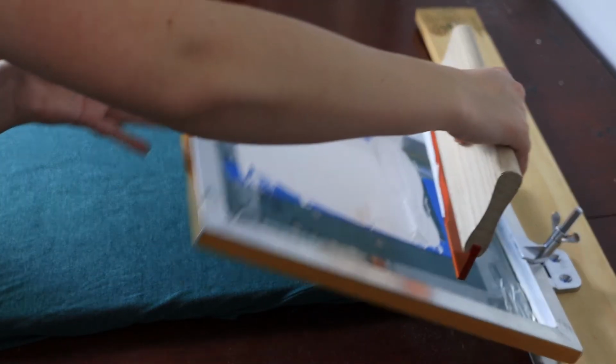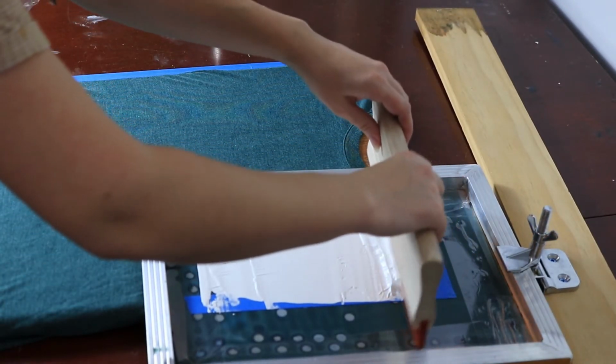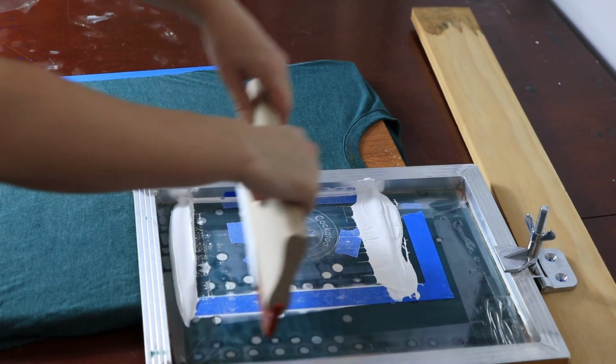So your screen's flooded, you've got it lined up, set it down, and with pretty good force, I push down, and then again,